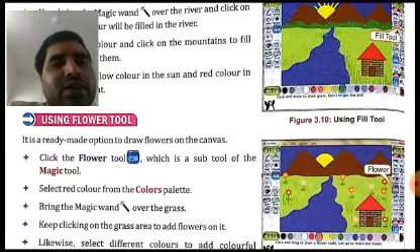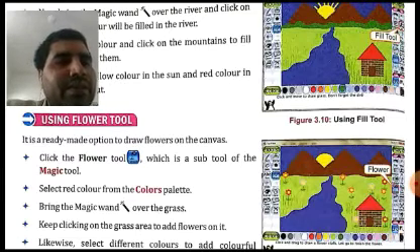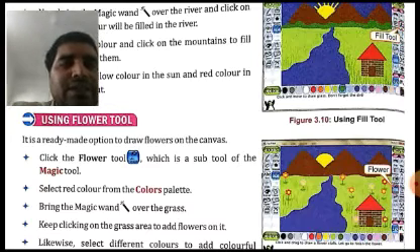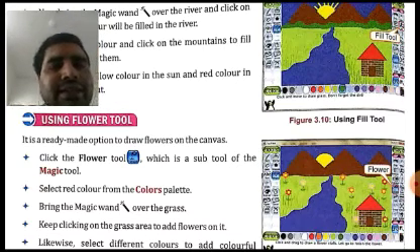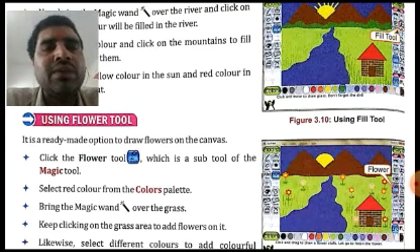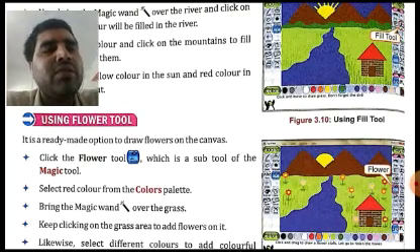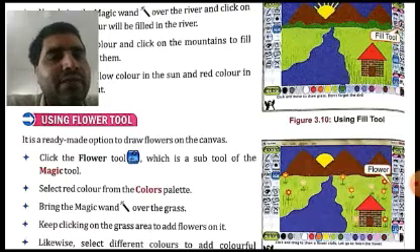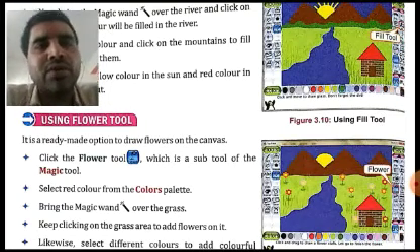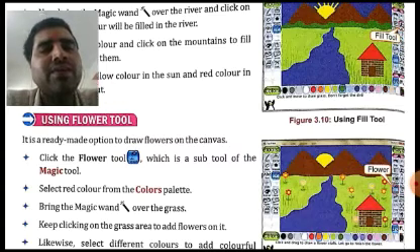It should look like the field is covered with grass, and in between the grass, flowers are also blossoming somewhere. That is why we bring the magic wand over the grass, and wherever we want to draw the flowers, we keep on clicking there. For example, if you want to draw a flower at one position, you click on that point, and at whatever point you click, the flower will be drawn.